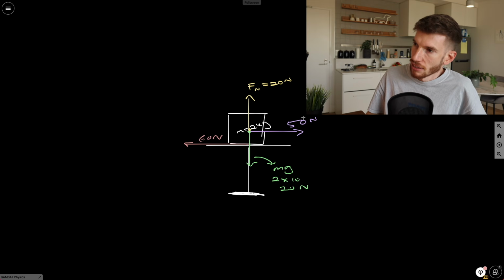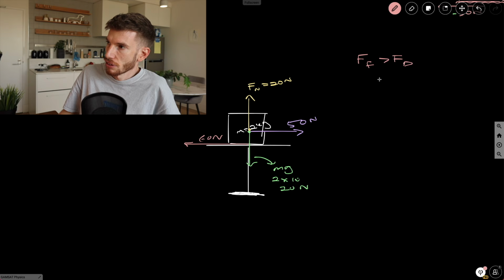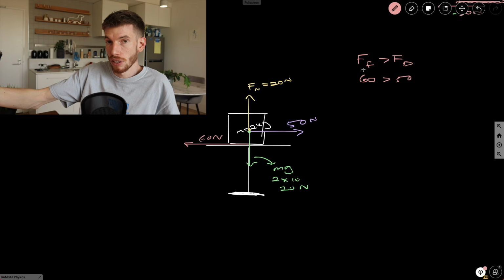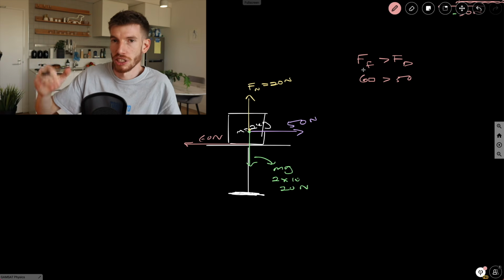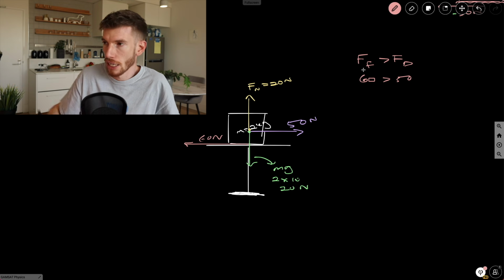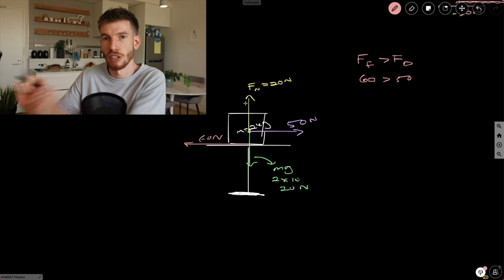So what that means is that the horizontal components have not balanced out, but because the frictional force is greater than the driving force, so 60 is greater than 50, it means the driving force has not applied enough force to actually get the thing to move. So it's not actually going to move left, because remember, friction is not an applied force, right? It's something that is resisting movement in some way. So we can predict that in this case, the object will sit still and it won't move despite a force being applied, right? It'd be like trying to push against a fridge or something and it not budging until you